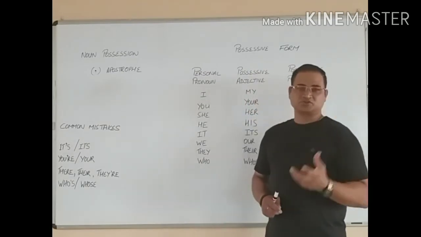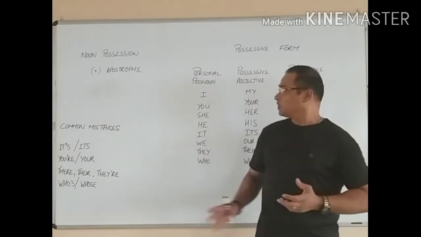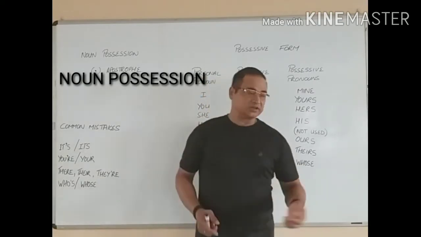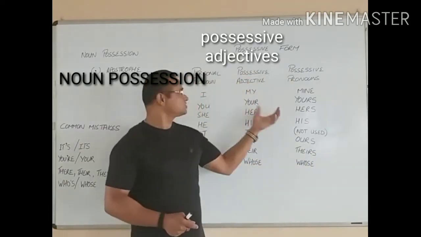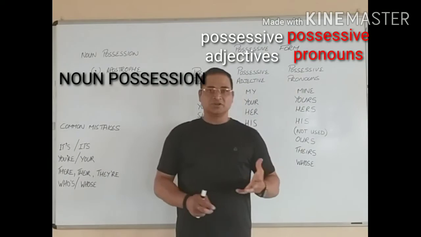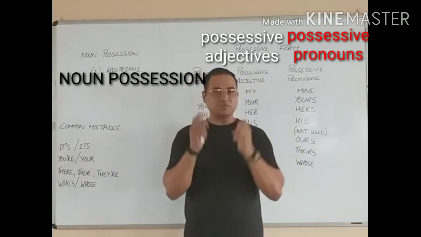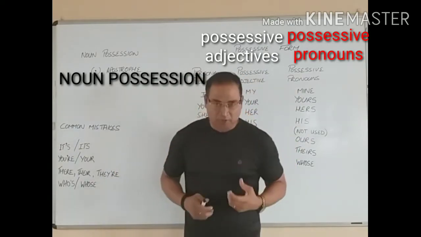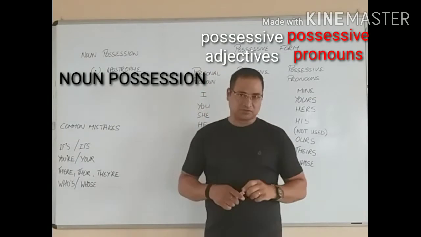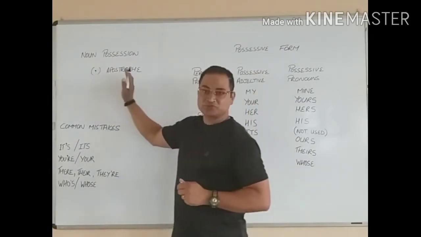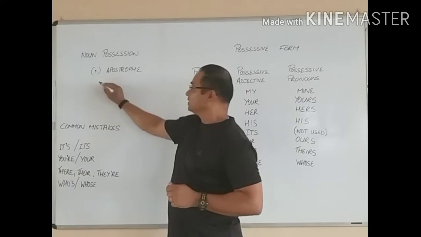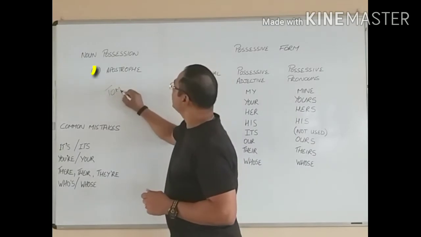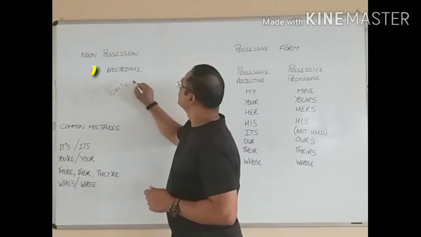And this video is about possession. One is noun possession, which I showed you earlier, and this is possessive adjectives and possessive pronouns. Just to remove the confusion from a number of people and children who have problems, I'm going to explain on this. Now when you talk about noun possession, we use an apostrophe, like Tom, T-O-M apostrophe S, Tom's